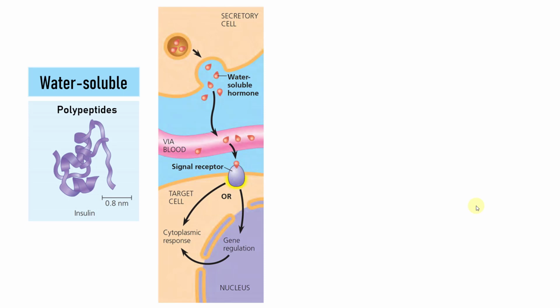So when you look at the polypeptides, or the water-soluble hormones, you can see that they're secreted from the cell, whatever it may be, pituitary, pancreas, and so forth. They're water soluble, and the blood is water, so they can transfer freely through the blood no problem, so they don't need a transport mechanism. Now when it gets to the cell, however, this is a protein, a water-based molecule, meeting a water-phobic membrane. It's a fat, the phospholipid, and so it's fat-loving, water-fearing, and protein is water-soluble. It can't penetrate through this membrane.